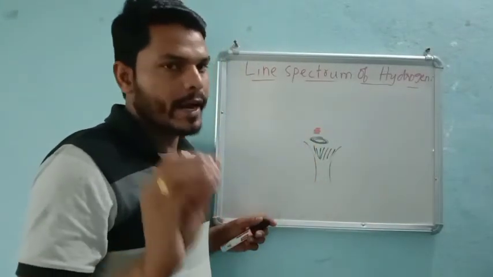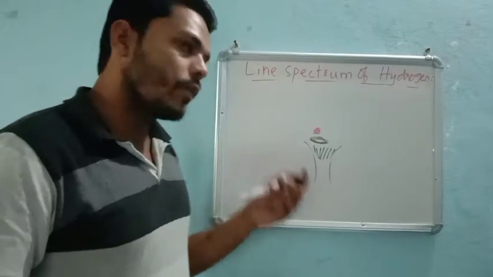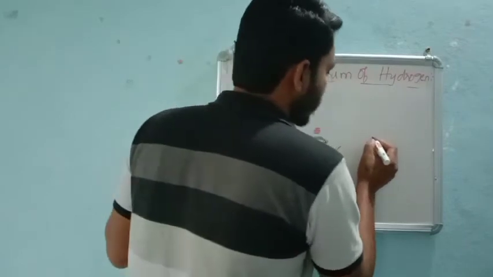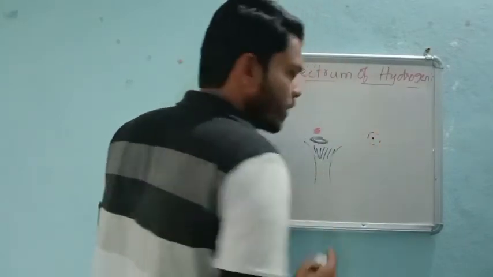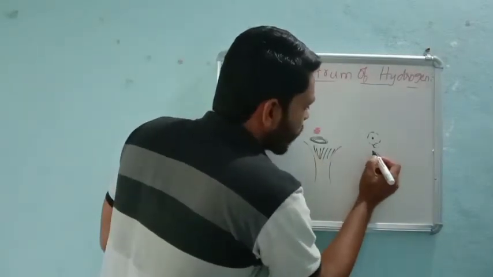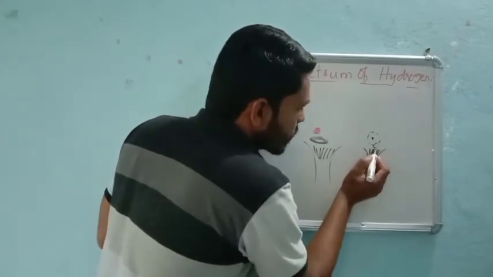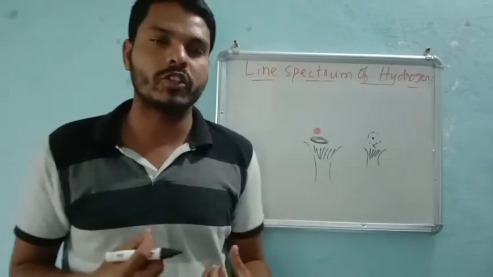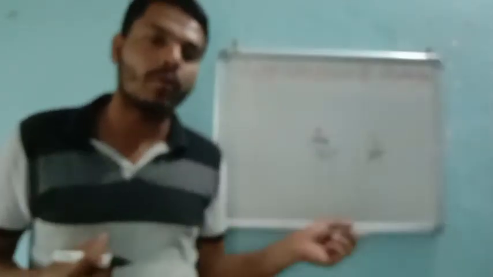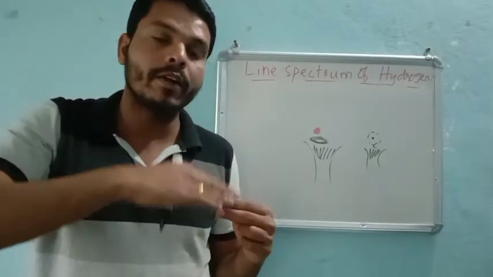Why that color formation takes place is nothing but, see dear student, it is a matter, which means definitely there will be an atom in it. Matter is made up of small things, that is nothing but the atom. If it is having the atom, then what we saw in Bohr's atomic model, there will be an electron. The outer part will be the electron. So what is happening? Our flame, whatever we are providing for heating, the electron will absorb that energy, and according to Bohr, it jumps from a lower energy level to a higher energy level.